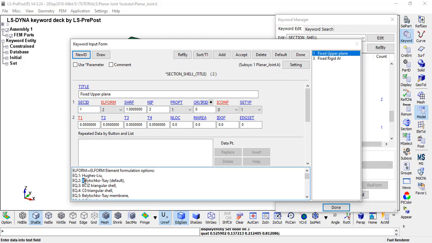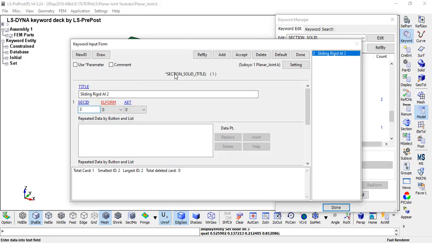The element formulation taken is Belytschko-Tsay, which is the default one, and give the thickness of required units. I took the thickness to be 0.05 mm, and after giving the value, if you press enter, it will be given to all the other three thicknesses. Okay, after giving it, accept it and then done.